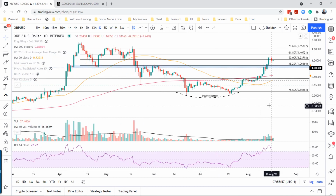And one of the things that stands out is, yes, we did reach an overbought condition, but there's absolutely no bearish momentum divergence on the charts that suggests that we're in any trouble at this point. Also, this large move last week has put us above well-established price congestion, which can be support for now. That includes all this area here from late May into early June, which also corresponds with this late April area. So as long as XRP or Ripple can stay above $1, this move should be just